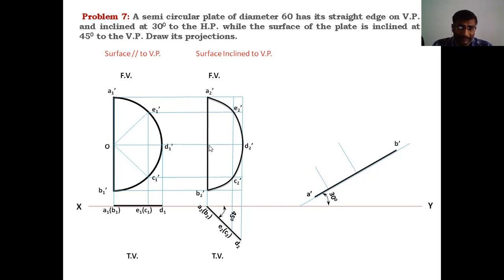This perpendicular line length must be equal to the second stage front view. This length is equal to this length. Like that you have to locate another point. Similarly, draw a perpendicular line to A2 dash, B2 dash here. Draw the perpendicular line which is equal to this length. Like that you have to draw the three perpendicular lines on the perpendicular lines to A dash, B dash. After drawing the perpendicular lines of required lengths, locate the points on those perpendicular lines.